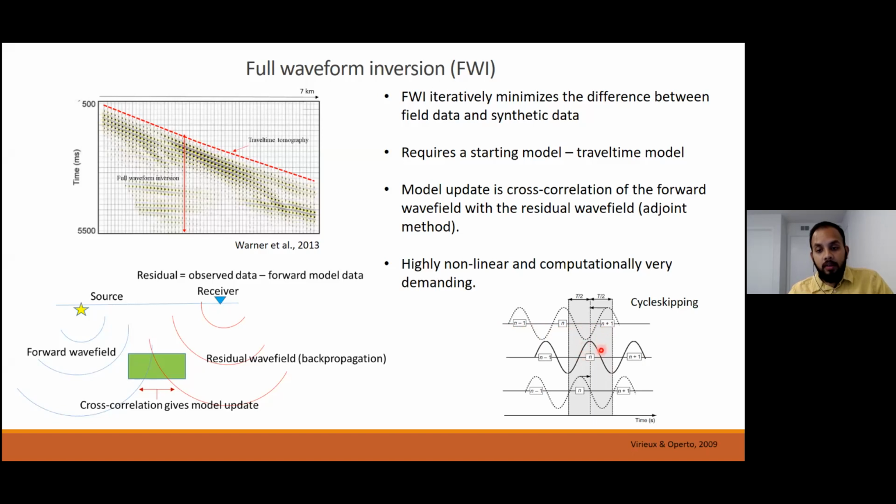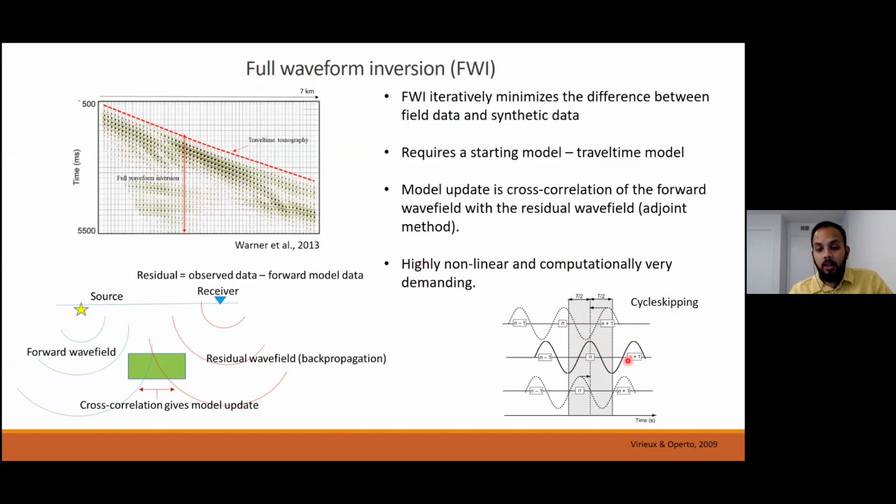The basic aim of FWI is to match the nth lobe with the nth lobe of the observed data. However, if the difference between the two lobes is more than half a cycle, the n+1 will probably be matched with n,